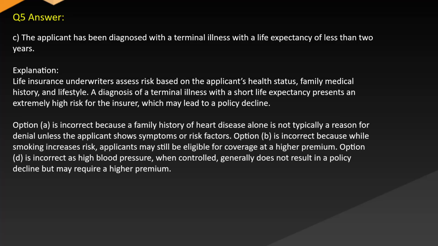Answer: C. The applicant has been diagnosed with a terminal illness with a life expectancy of less than 2 years. Explanation: life insurance underwriters assess risk based on the applicant's health status, family medical history, and lifestyle. Diagnosis of terminal illness with short life expectancy presents an extremely high risk for the insurer, which may lead to